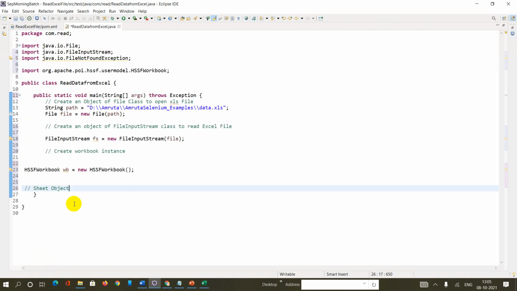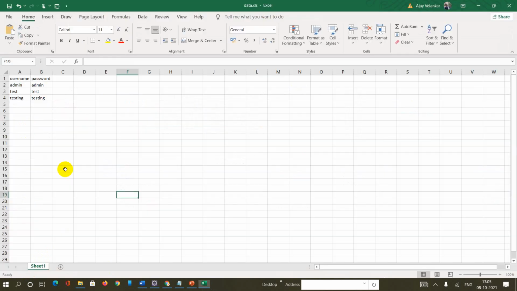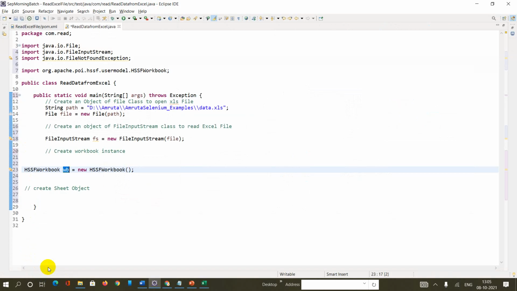So the second part is create a sheet object. How are you going to create a sheet object? Sheet object is always dependent on this workbook. You will not go inside the sheet if you don't open the workbook. So first you need to open the workbook, then you can go to my sheet.